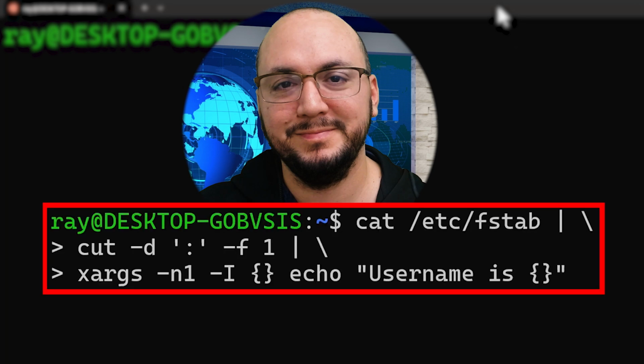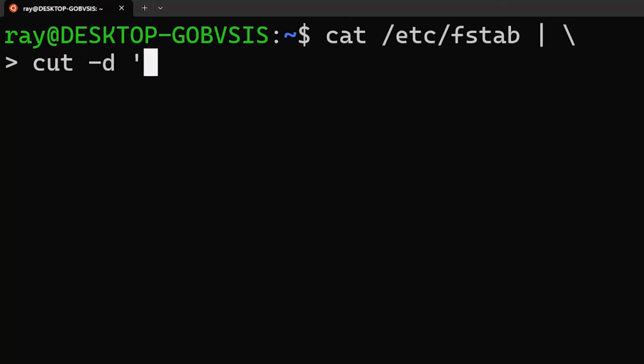In this video, I'll show you how to edit multi-line commands in Bash. One of the biggest pains with multi-line commands is you have to get them perfect the first time. Here's why. We'll build out a typical multi-line command,